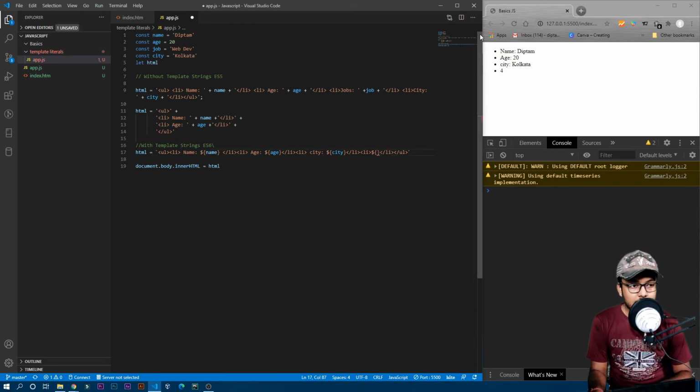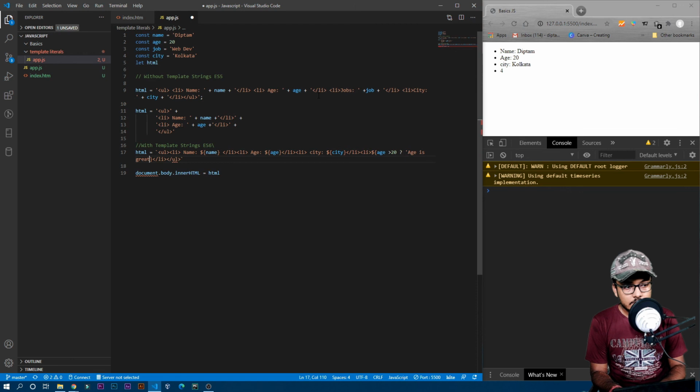For example, we have the age is 20, right? So if the age is greater than 20, then do a certain thing, and if the age is not greater than 20, then do another thing. Okay, so for the first condition, if the condition is satisfied, I'll just need to write the question mark symbol. Okay, and write anything over here. For example, age is greater than 20, and I'll close that. And if the condition is false, that means if the age is equal to 20 or less than 20, then we have to use this colon symbol, and then just write age is less than